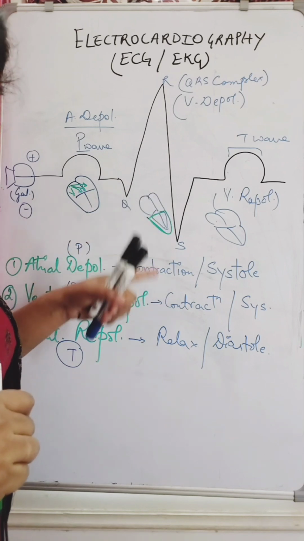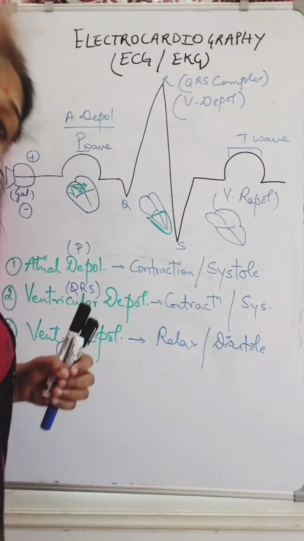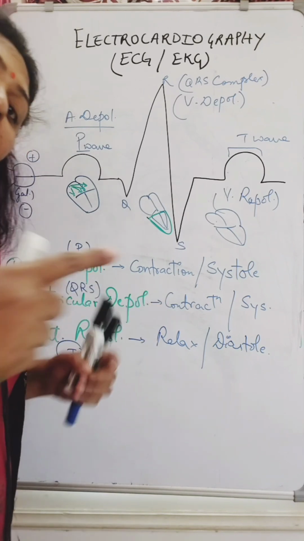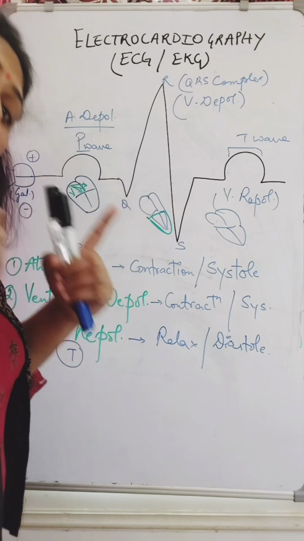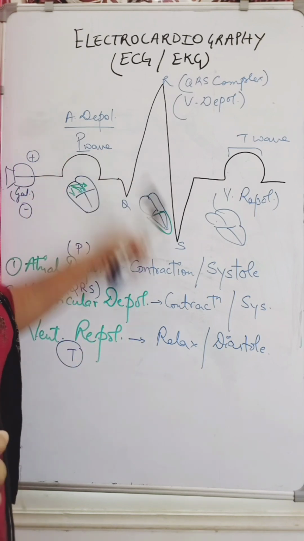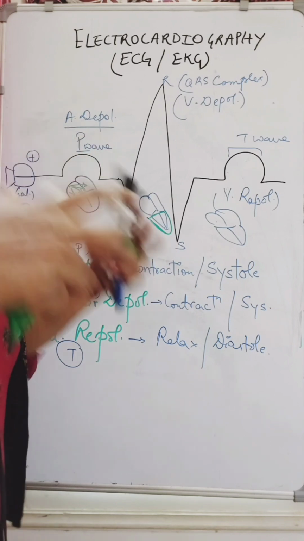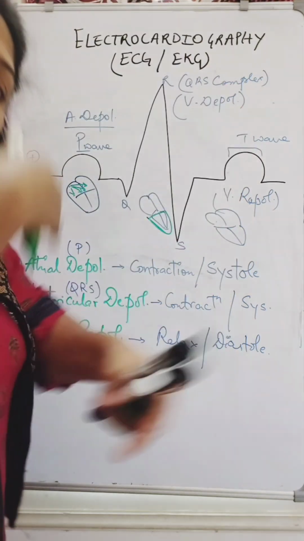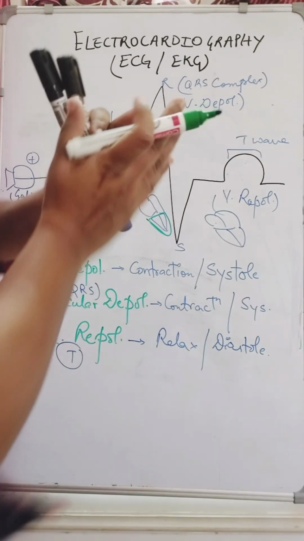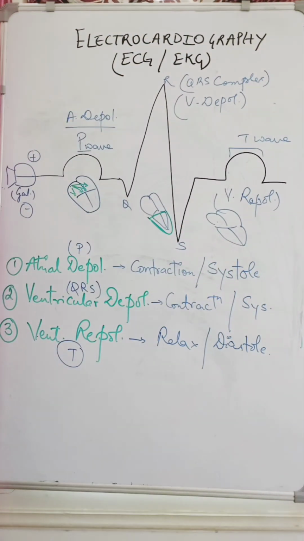The velocity with which the positive charges are distributed will also be very fast, because of the greater number of gap junctions, and the cell surface area is also very wide and bigger. So the electric impulses carried down towards the ventricular area will be very fast, and more sodium ions, which are positive charge, are also coming in. The thickness of the membrane is very high. So now what is going to happen after this?